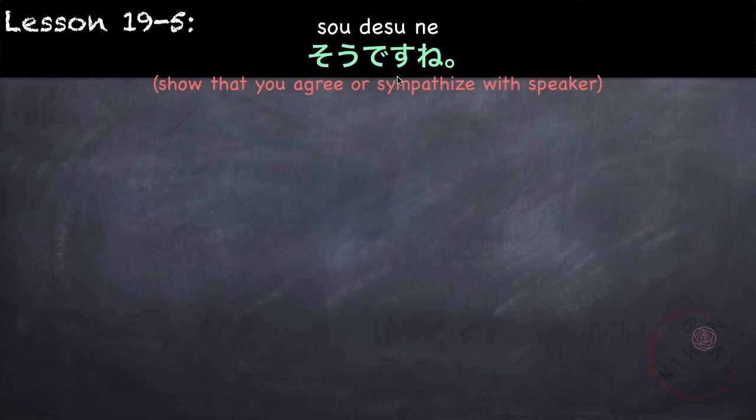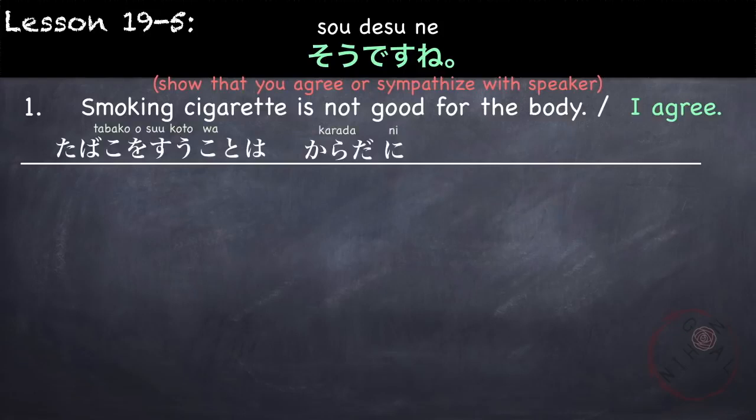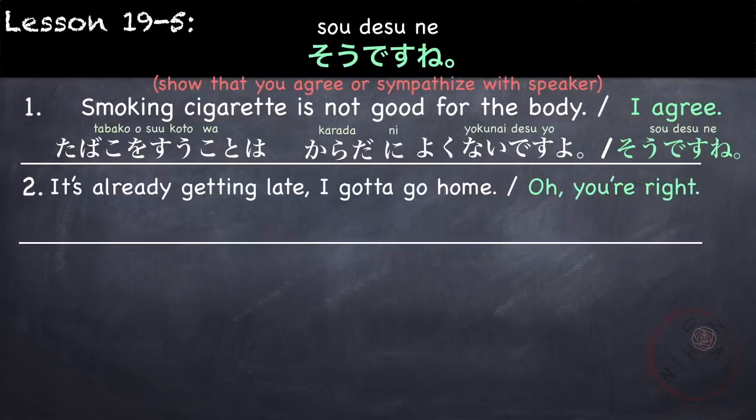So we've encountered this before. So this phrase shows that you agree or you sympathize with the speaker. For example, the speaker says, smoking cigarette is not good for the body. So you say, I agree. タバコを吸うことは体に良くないですよ。I agree. そうですね。